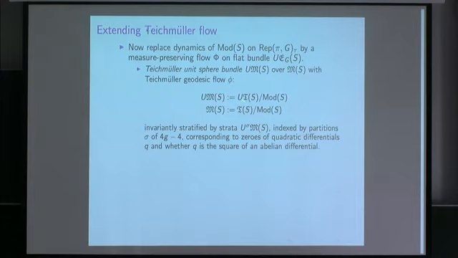So now I work over the unit tangent bundle of Teichmuller space with the Teichmuller metric, and I quotient by the mapping class group to get the moduli space. Then this unit tangent bundle is stratified into subspaces. The tangent space corresponds to holomorphic quadratic differentials, and the type of the divisor of the holomorphic quadratic differential defines various strata, which will all be invariant under the geodesic flow.